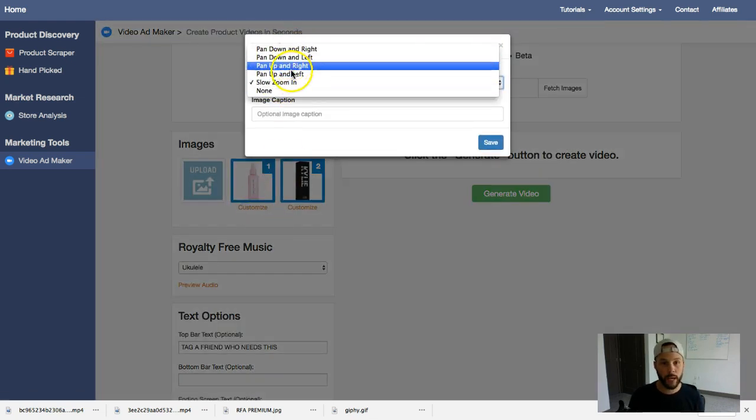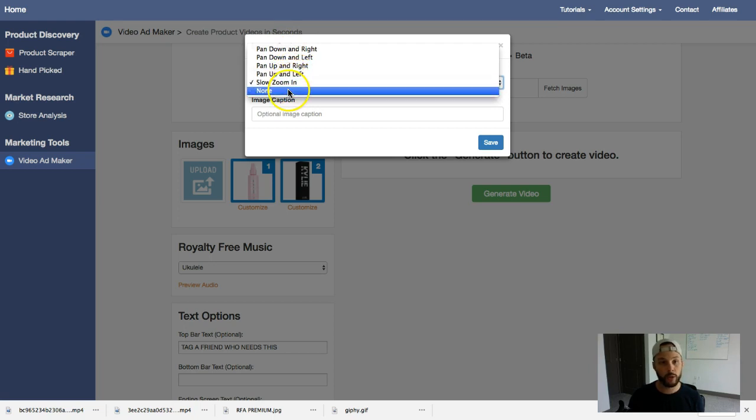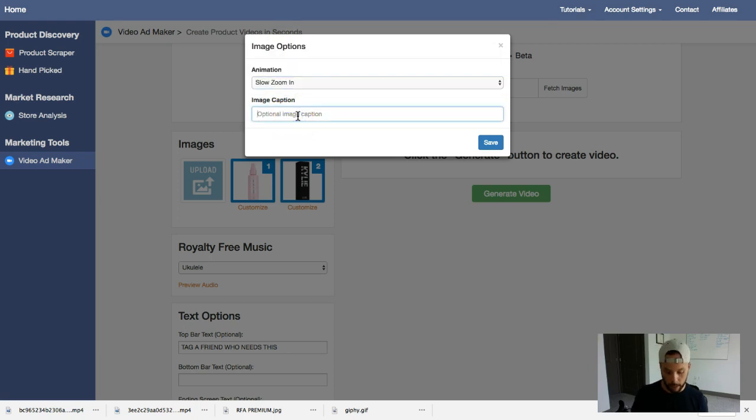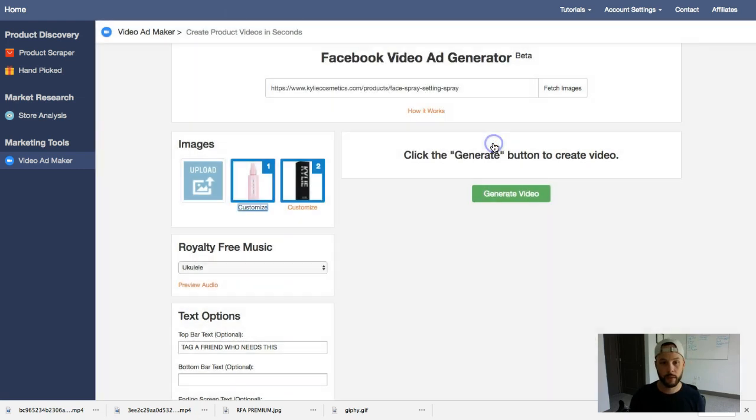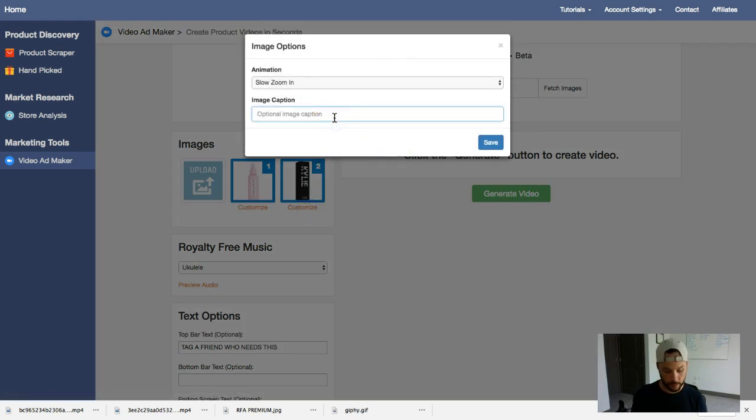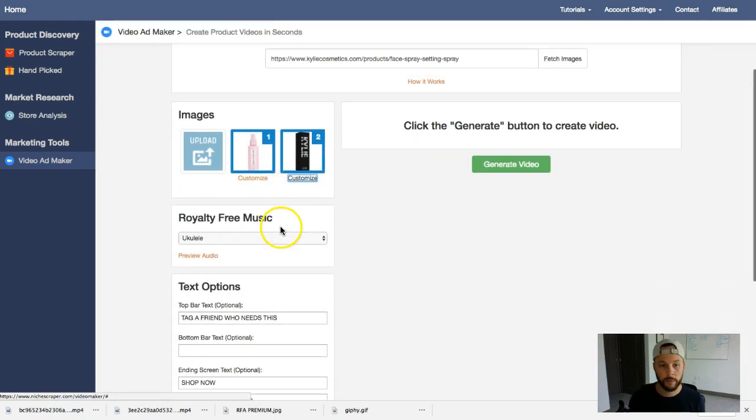Pan up and down, left and right, zoom in slow, or you can have none. If you want to put in some image caption like "wow," whatever, you can put it in here. And you can do the same thing with this. "Amazing." Whatever you want to do, put it in here. Okay, then you got